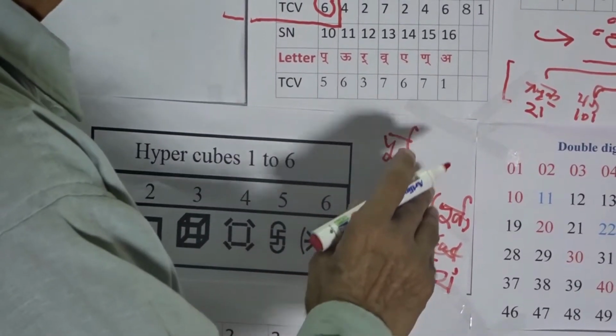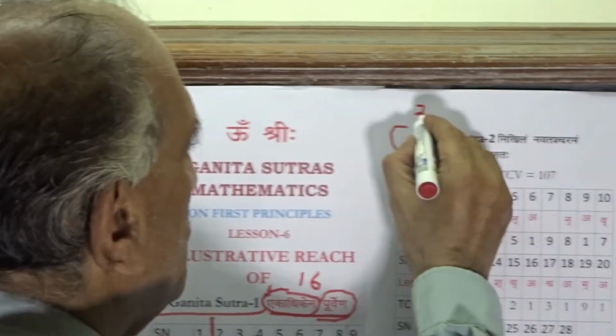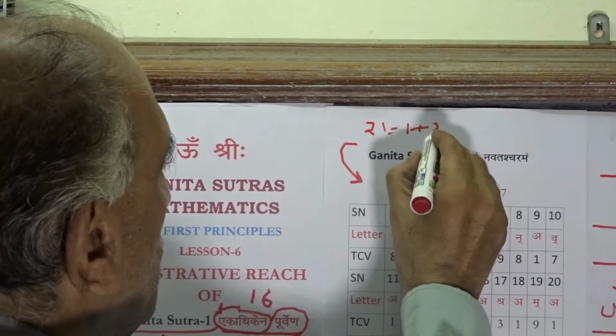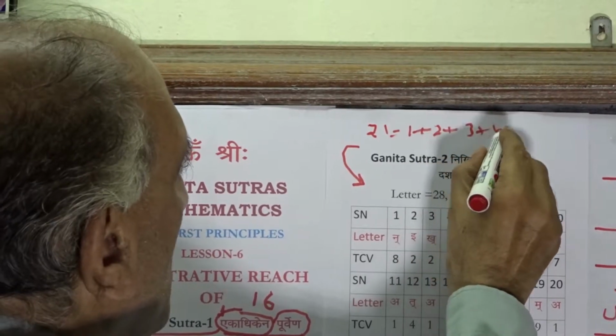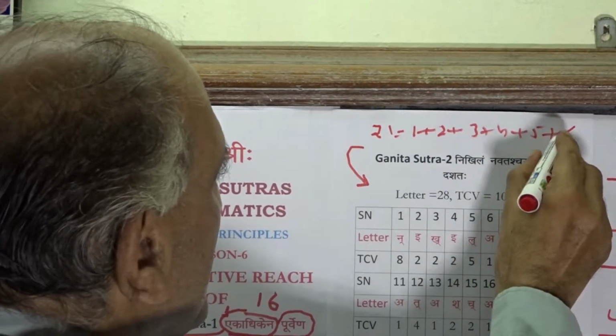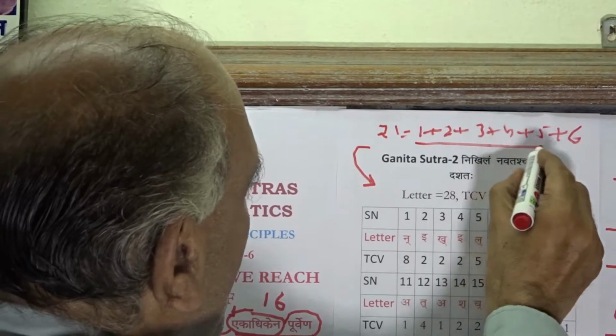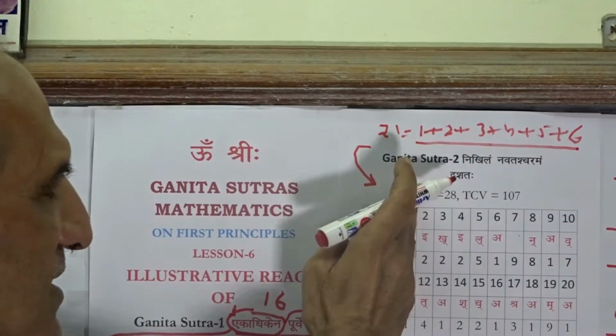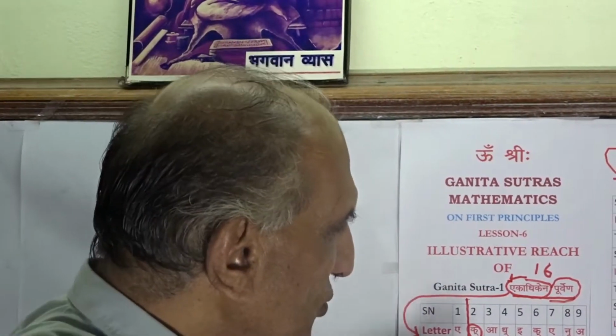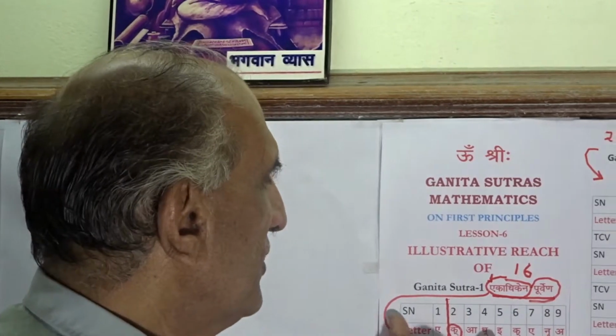And 21 we know is equal to 1 plus 2 plus 3 plus 4 plus 5 plus 6. And one step at a time, one more step, one additional step, as is the working rule, one more than before,